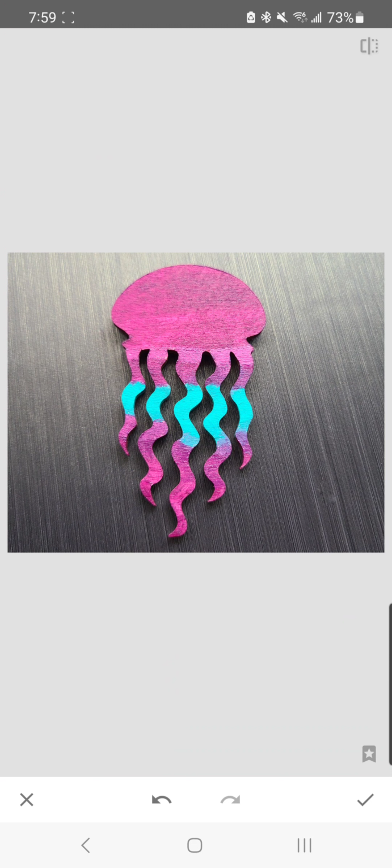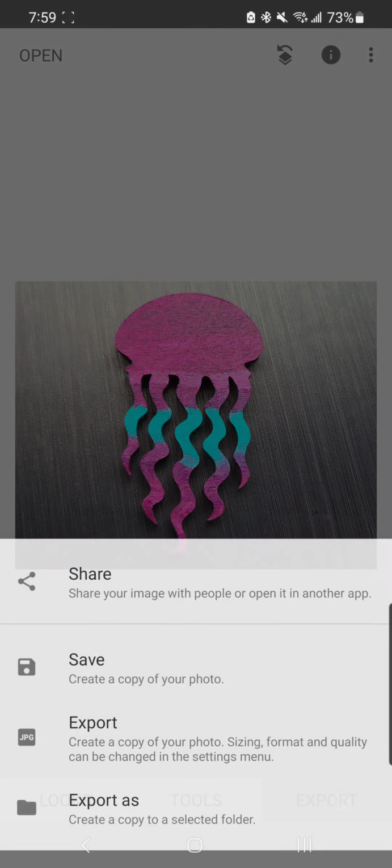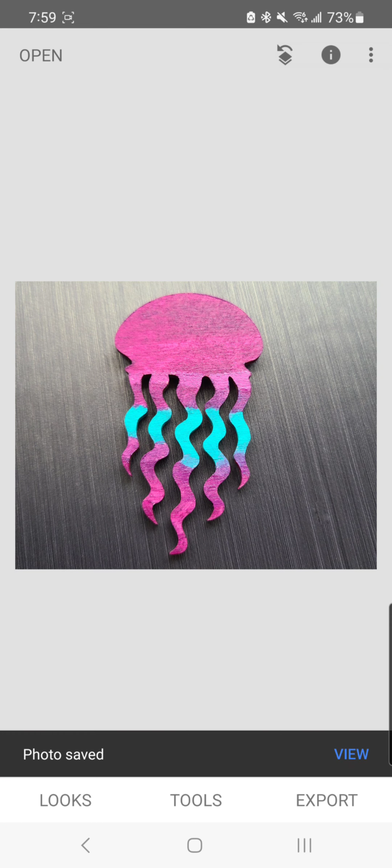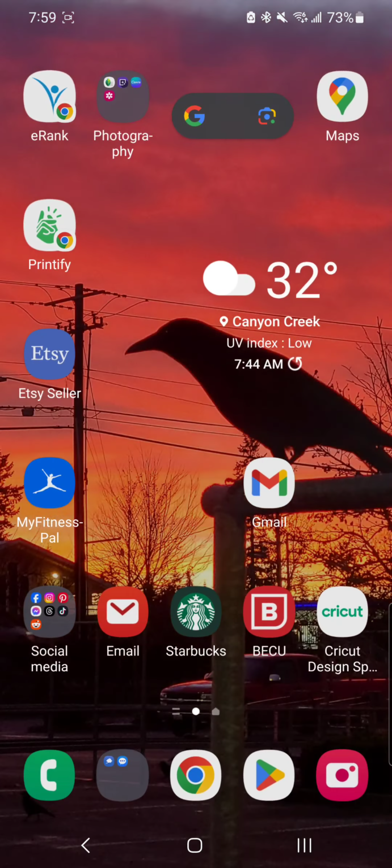Just be careful if there's an error on your product. You don't want to fix it and make your product look like a different product. So you just got to be careful with all that kind of stuff. But anyways, this is how you can basically size things. And then once you're done and you've got your image the way you want it, you're going to hit the bottom right hand corner check mark here, and then export, and then save, and then that's saved somewhere into my gallery. So in my phone,